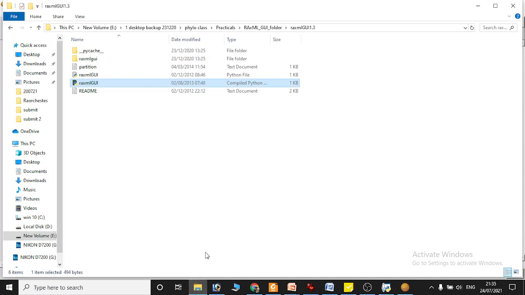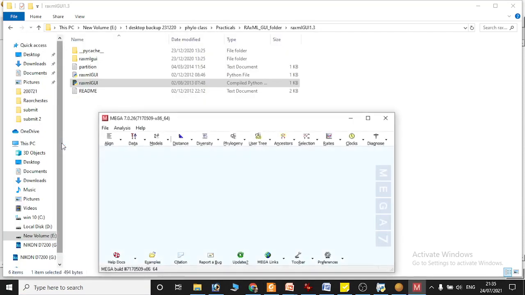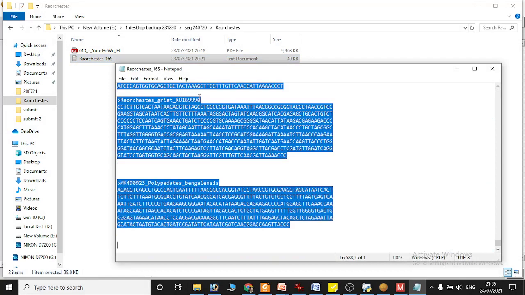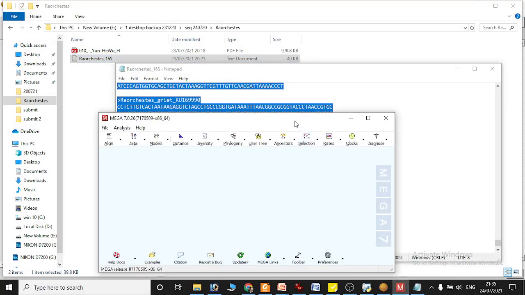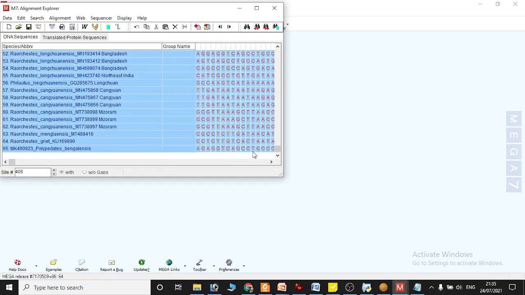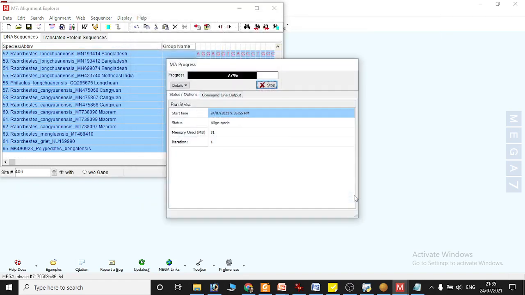That part I'll not go into in detail, because after you do the alignment in MEGA, you get, just for your sake I'll show you, for example, this Rochester 16S gene. I will just copy it, and whatever comes doesn't matter. I'll just show you what happens to the data next. I paste it, then MUSCLE, and then compute. So let it finish the work.